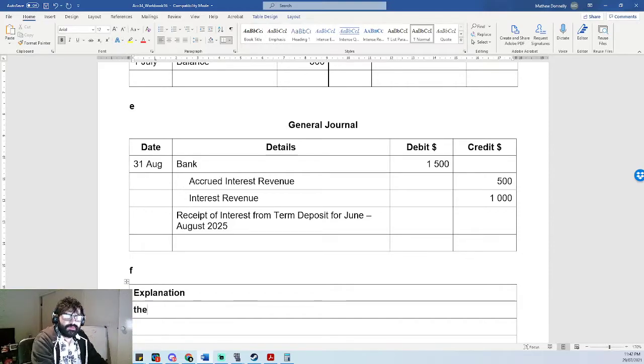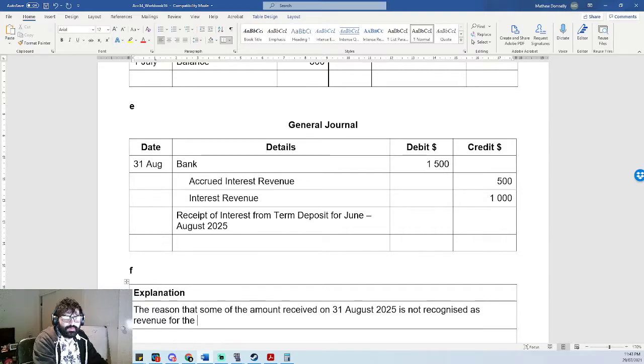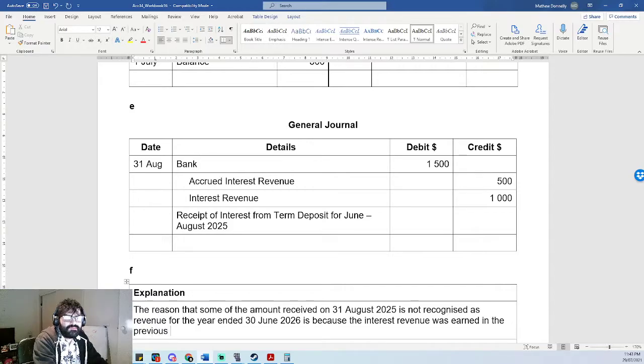The reason that some of the amount received on 31 August 2025 is not recognized as revenue for the year ended 30th of June 2026 is because that interest revenue was earned in the previous period,